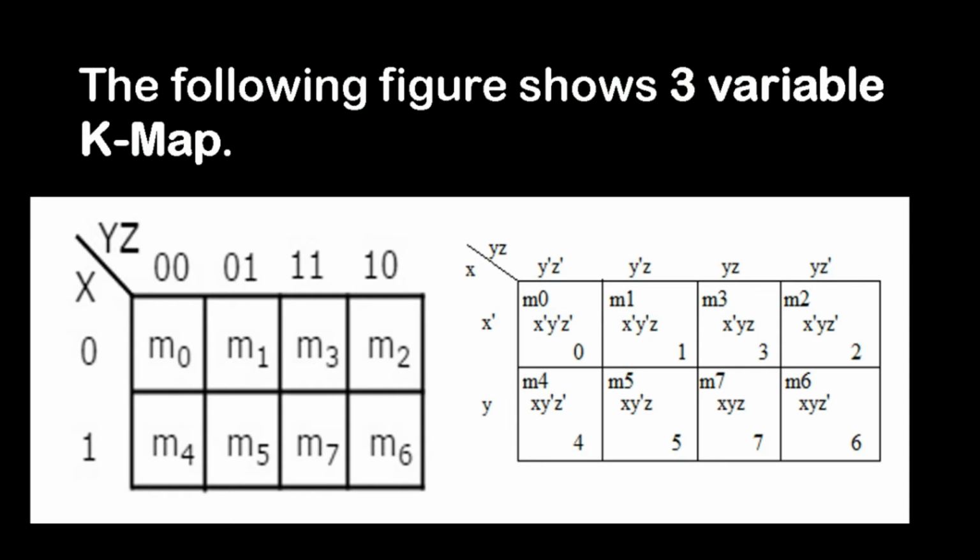I am writing it in terms of variables here. And inside the boxes you will be getting the values 0, 1, 3, 2. Not 2, 3. 0, 1, 3, 2. And in the second row 4, 5, 7, 6. So this is the way of designing the 3 variable K-map. While doing a simplification, everything will be given in the question, whether it is equal to 1 or 0. Suppose M0 is 1, M1 is 1, M4 is 1, M5 is 1. You have to put 1 in these 4 places and in the remaining places write 0.